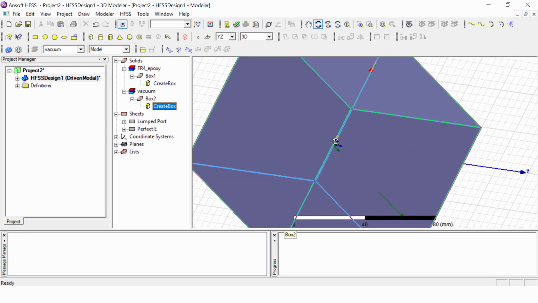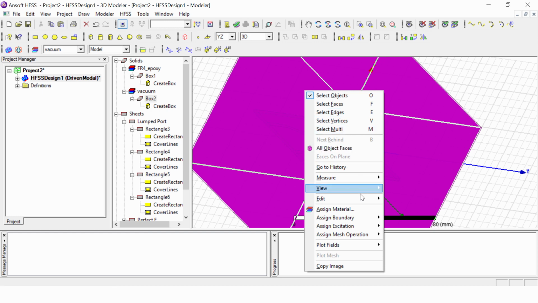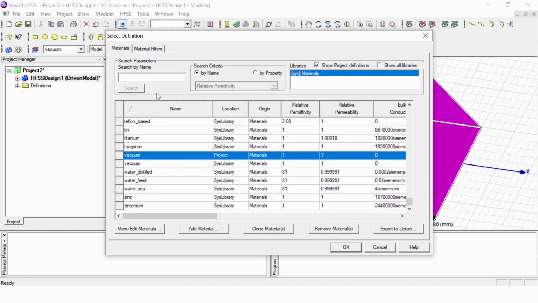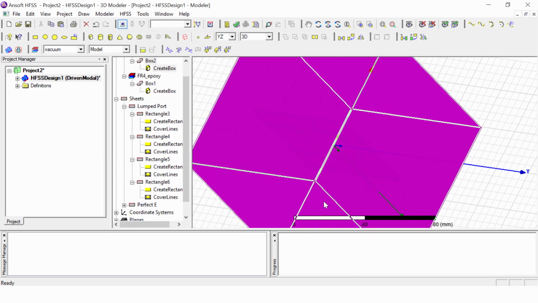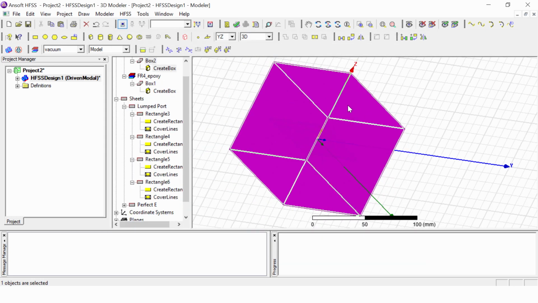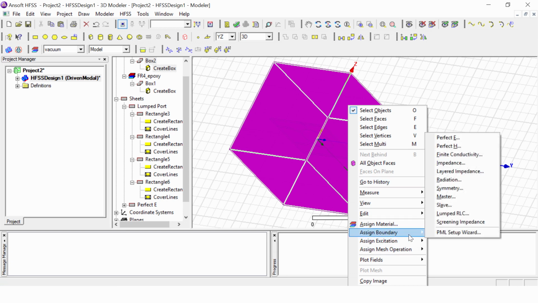Now my design is inside this box, and we'll assign this box as air. Right click, assign material and put air. Now this box is air, and we can right click and assign the boundary.